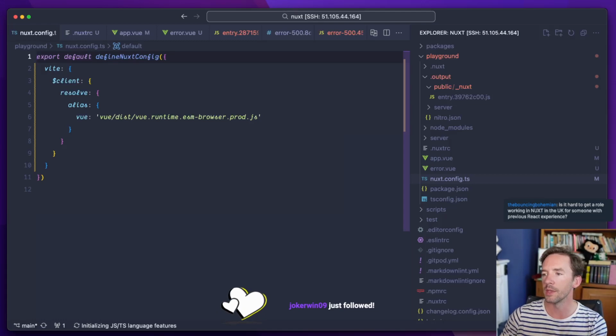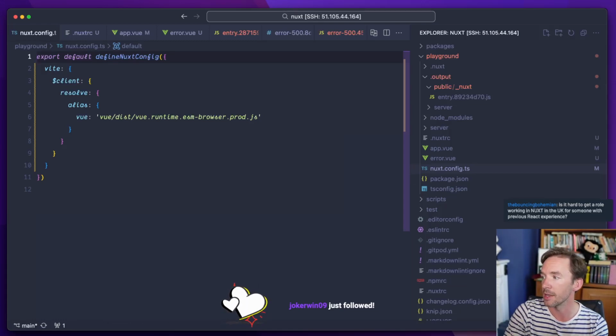Is it hard to get a role working with Nuxt for someone with React experience? I would not say that, no. I think personally with,